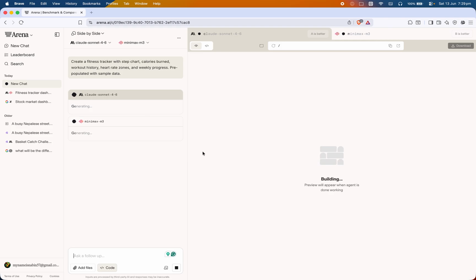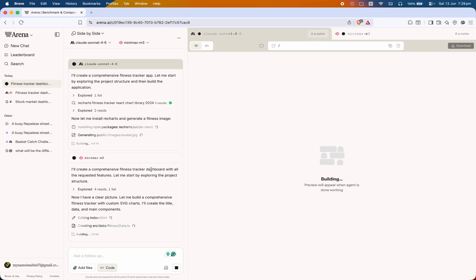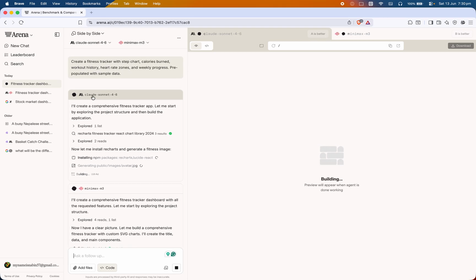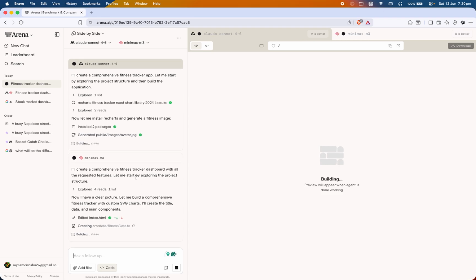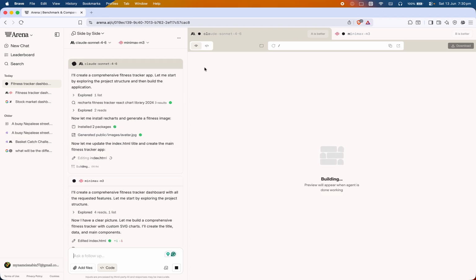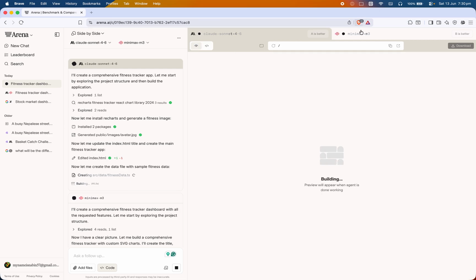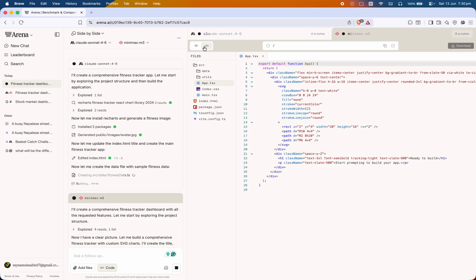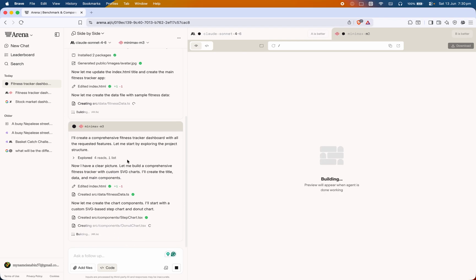It will start to work on it. When you select anything provided by the AI, it will write the best prompt by itself and give you the response. Okay, until we get the final output, let's wait. We have compared Claude Sonnet and Minimax. Both are currently working, and we'll compare both outputs. The best thing about this website is that you can easily run your code here. Here is the code and here is the output of this code. Let's wait until it completes.